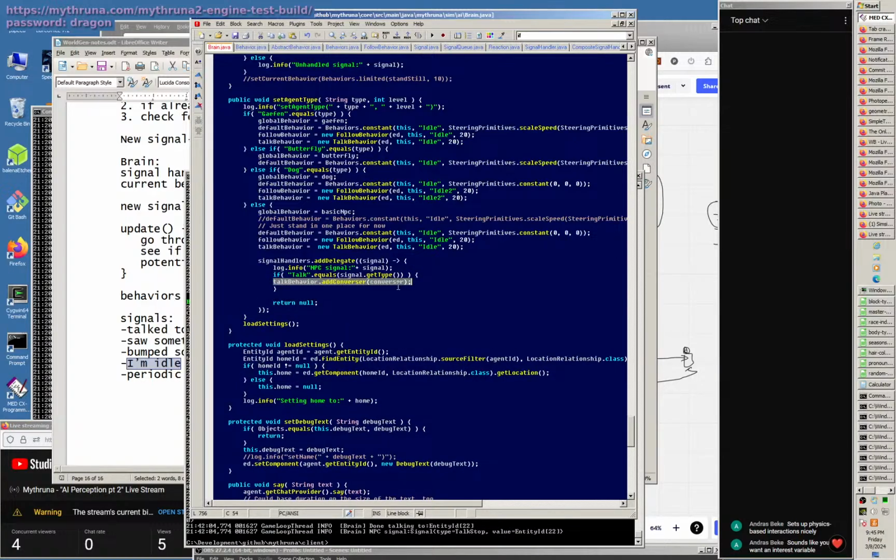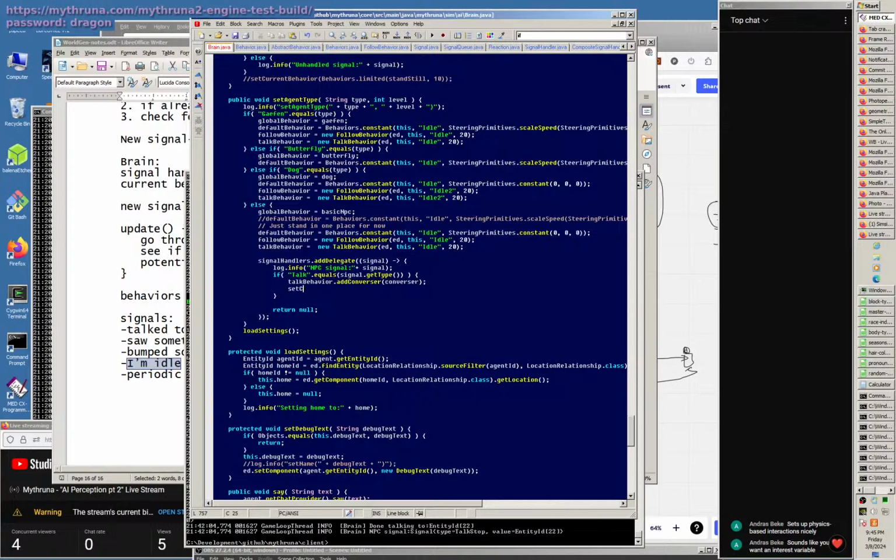Then we're going to add the converser and set current behavior, talk behavior. Eventually the signal maybe should have the brain in it that's initiating the signal. Anyway, I'll work that out later. I'm trying to replace the behavior and then I'll formalize this all. Okay, so else if